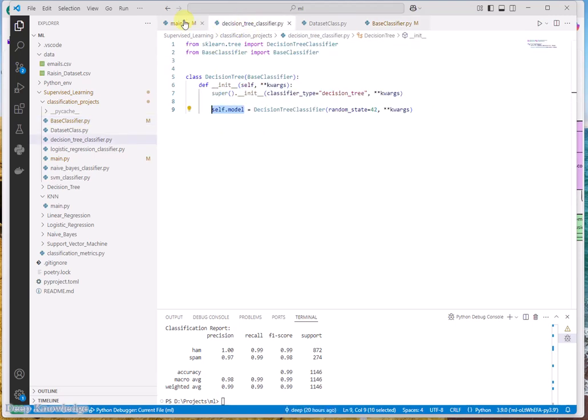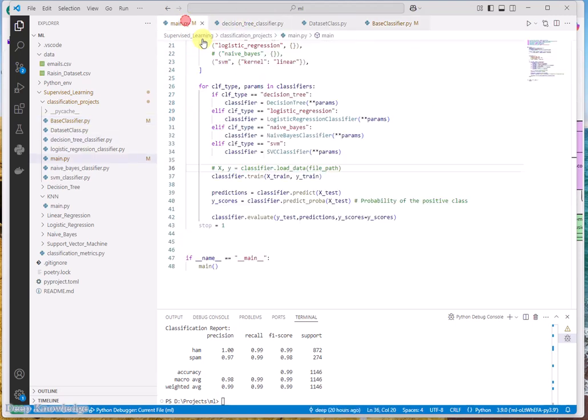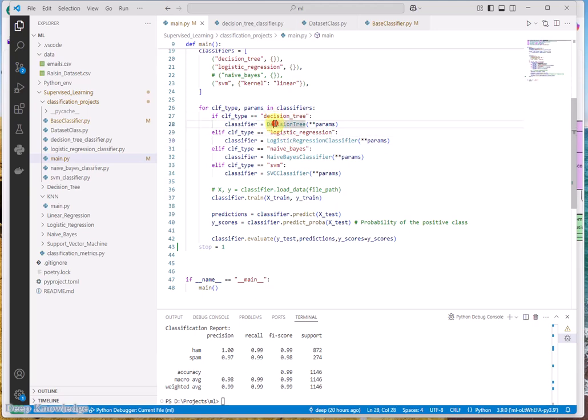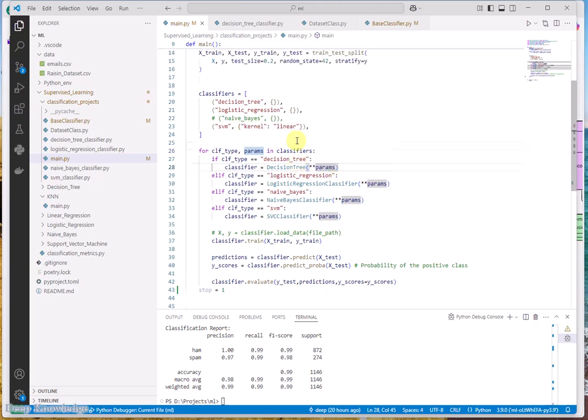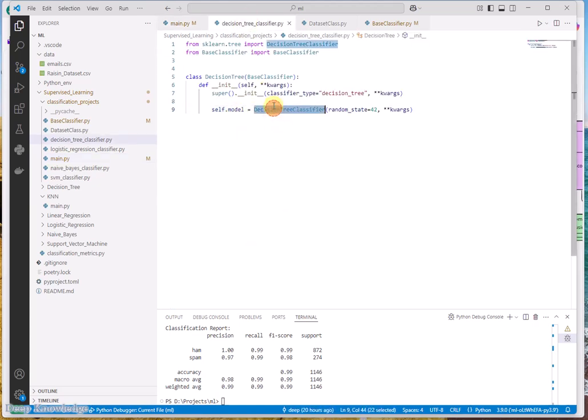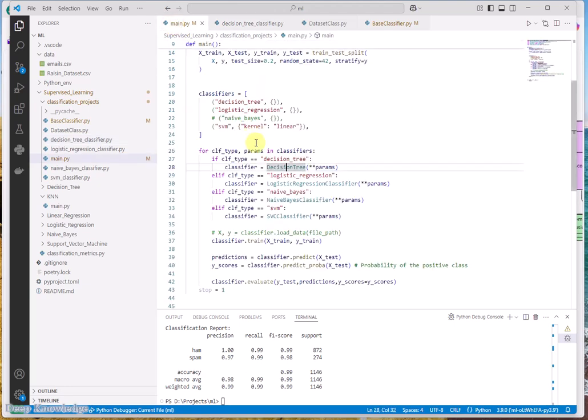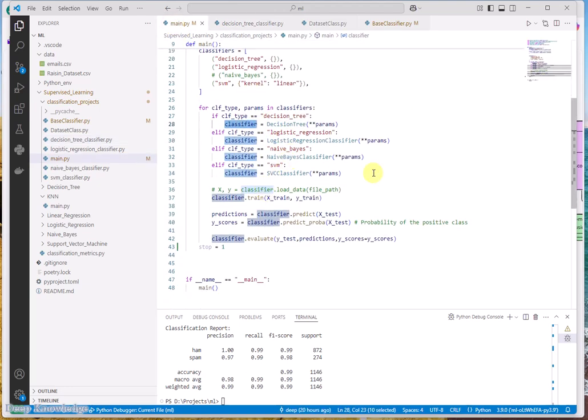And let me jump to the main, just to make it clear. So here I have created a classifier, and I have no parameters for this classifier, as you can see. I defined it here. And the decision tree will go to the classifier, this one here, and create a decision tree classifier which is defined in Scikit-learn. Because I have used several classifiers here, with the classifier, as you can see, I can use the train function, which is defined in the base classifier. I can use predict, which is also defined. And all of these functions, as you can see here,